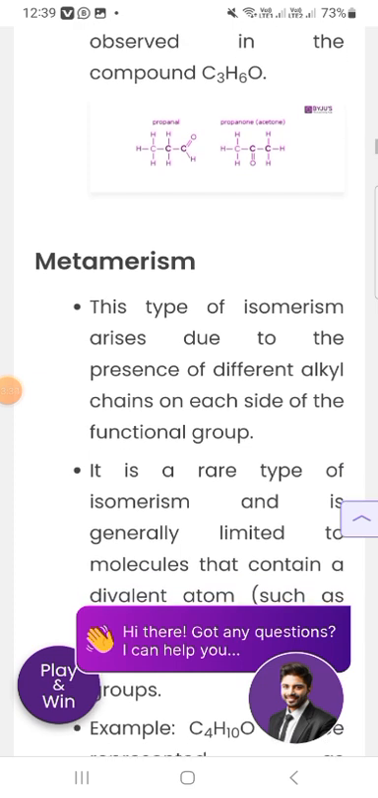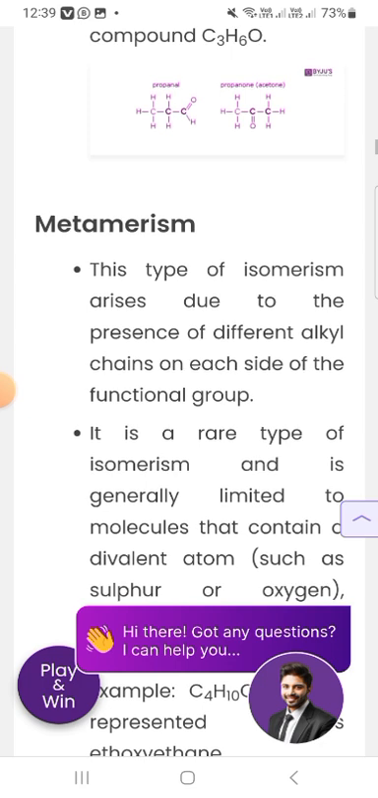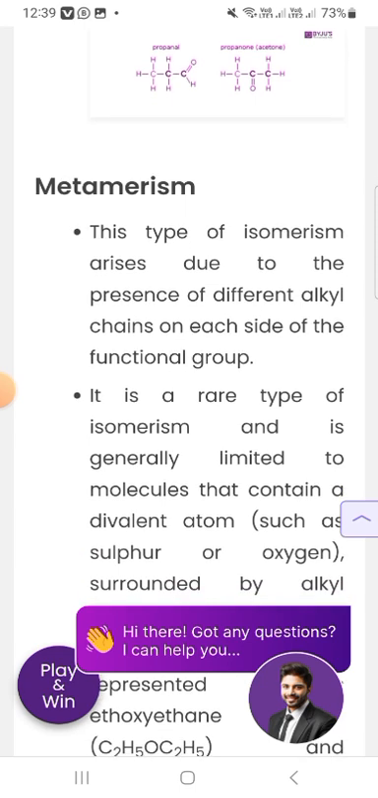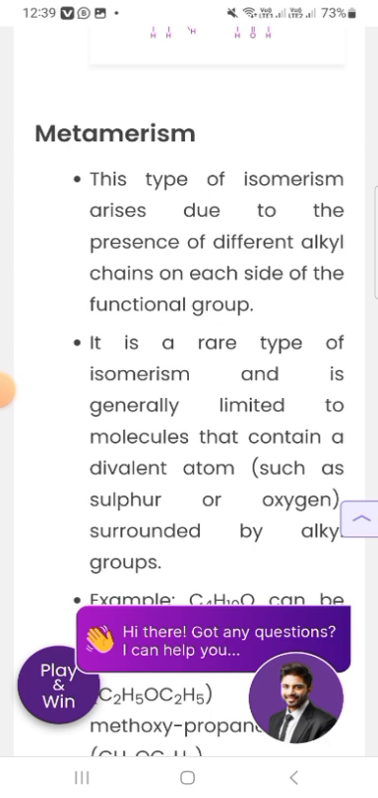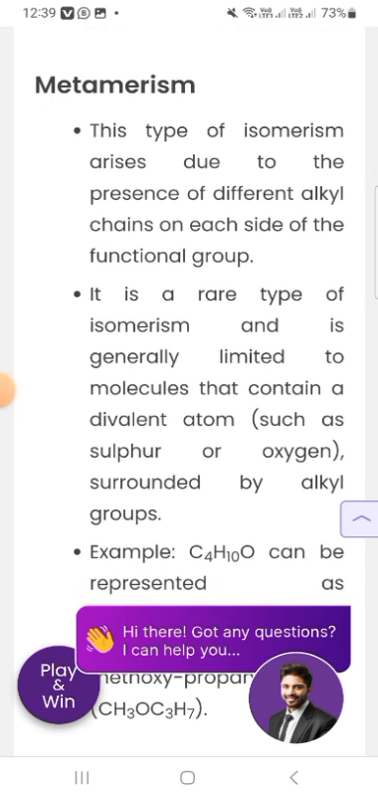Metamerism. This type of isomerism arises due to the presence of different alkyl chains on each side of the functional group, and it is a rare type of isomerism. It is generally limited to molecules that contain divalent atoms such as sulfur or oxygen surrounded by alkyl groups. An example of C4H10O can be represented